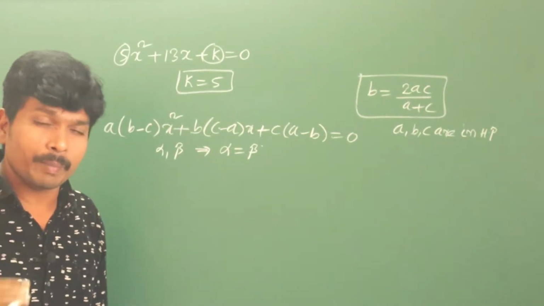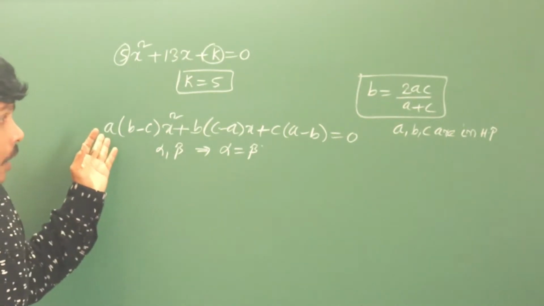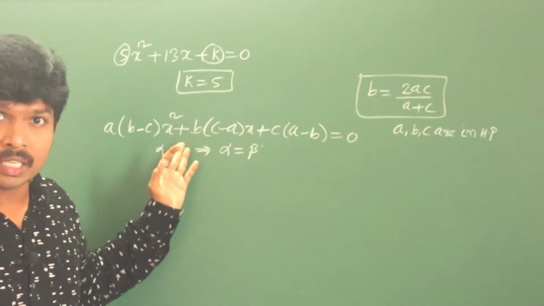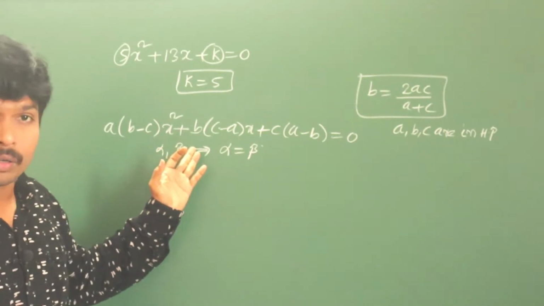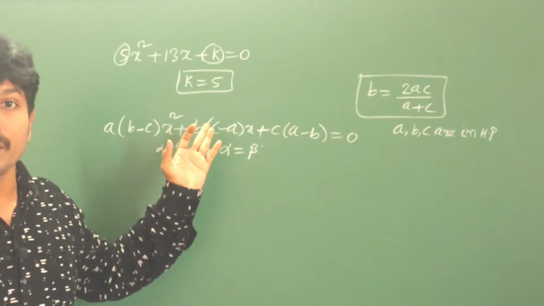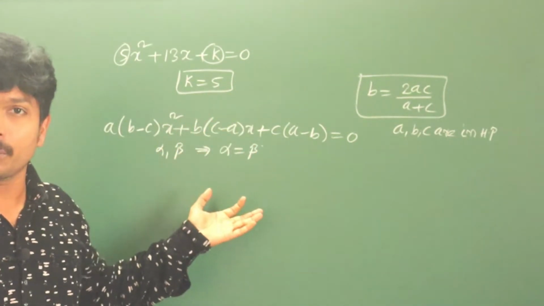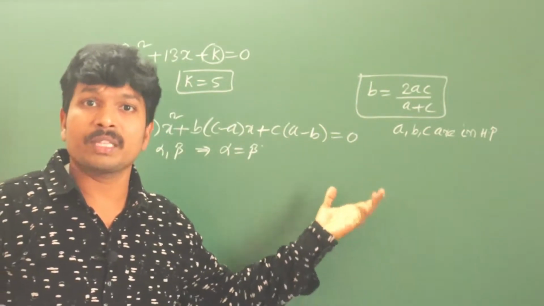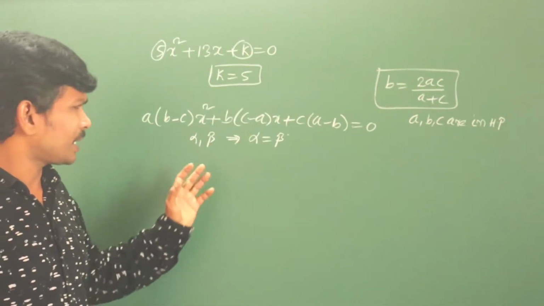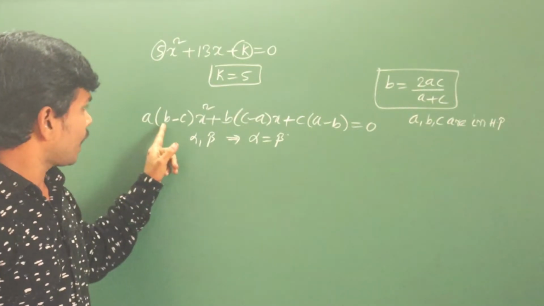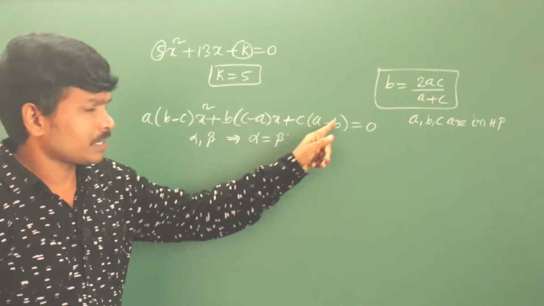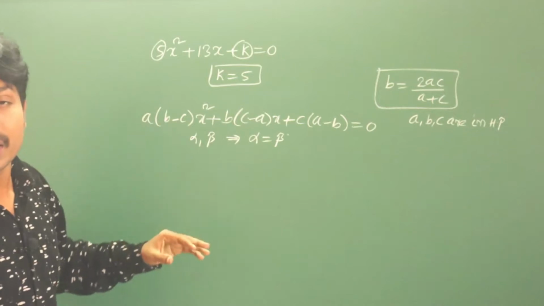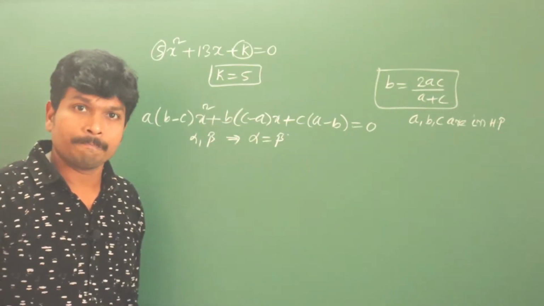You might think of a smart method, because you can easily find the roots of this equation with the help of minus b plus or minus root over b square minus 4ac by 2a, the formula method, or the factorization method, or the completing the square method. But it is too tough. Here they have given literals, so that's why it is very difficult to find the roots like that.